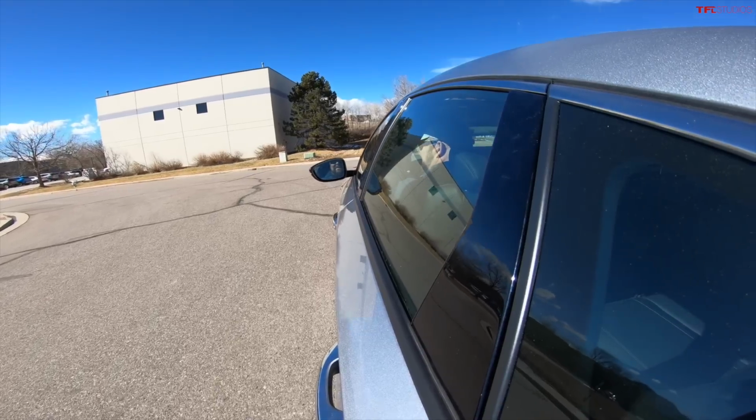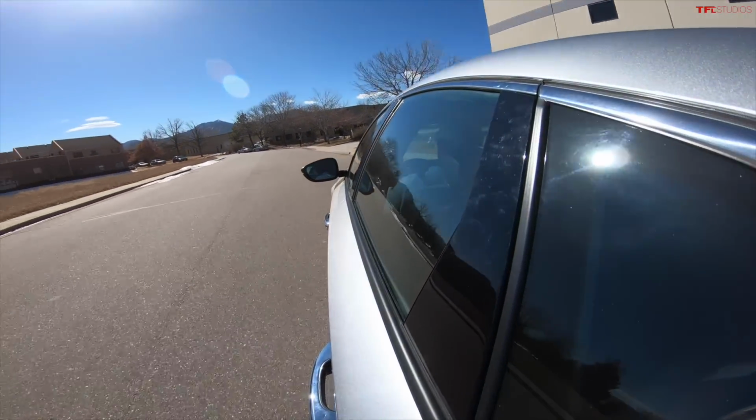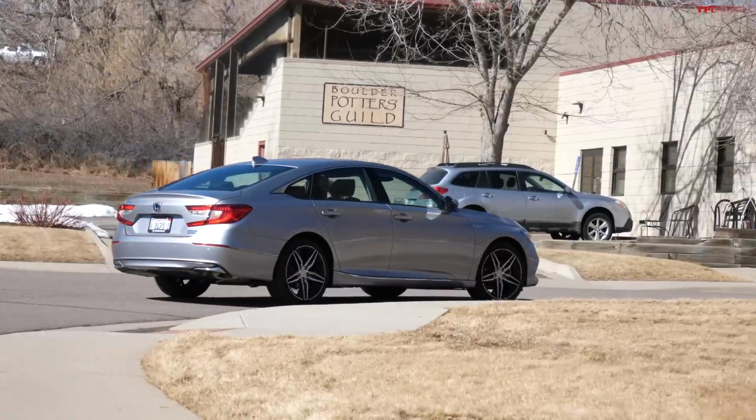It's extremely serene, but it does one thing that Hondas do really, really well. It handles. Yeah, see, you can hear the gas engine now because I'm pushing it. Just that simple. It handles really well. It's extremely smooth. It's very quiet. I could drive this car for 6-10 hours, no problem, as long as I'm able to listen to my tunes,